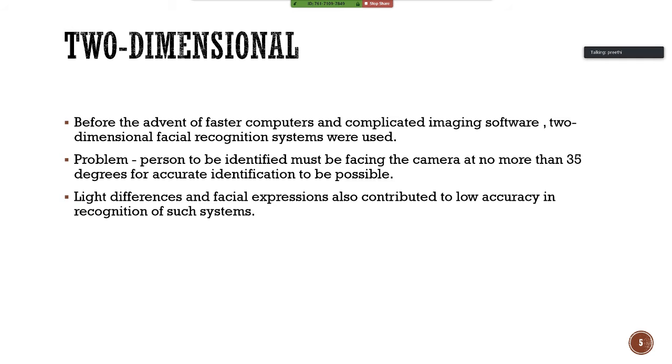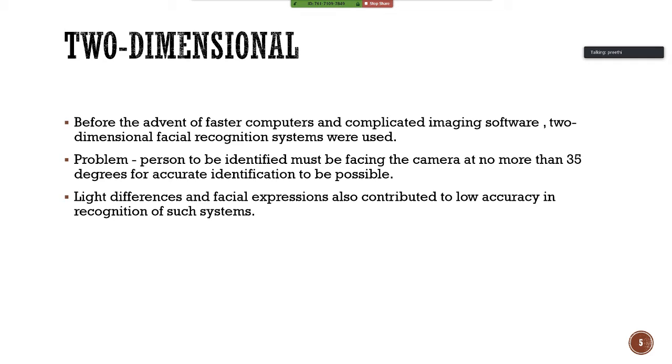So where do we use this and why do we use this? It is being used in recent times, such as on mobile platforms and in other forms of technology, such as robotics, and it is typically used in security systems and can be compared to other biometrics, such as fingerprint or eye iris recognition systems.